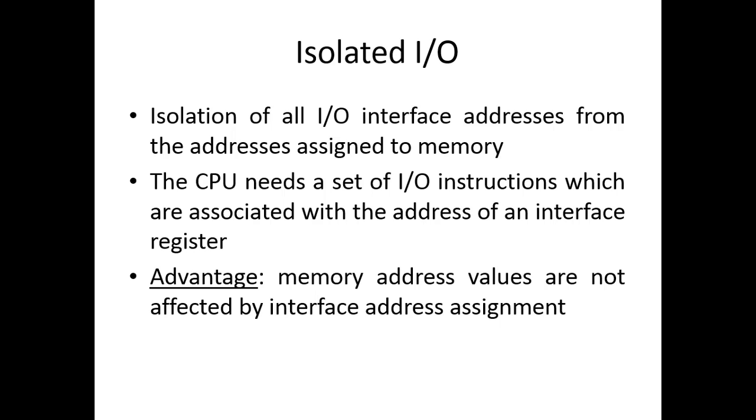In the isolated I/O method, it is needed to have separate input and output instructions to access different interface registers by their addresses. So whenever an input-output instruction is fetched and decoded, the CPU places the address associated with that instruction into the common address bus. At the same time, it enables the I/O read or I/O write control line depending on the type of the